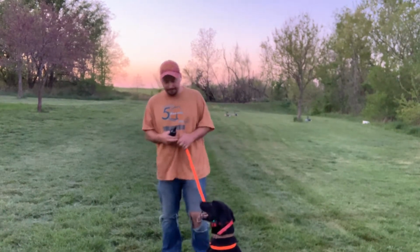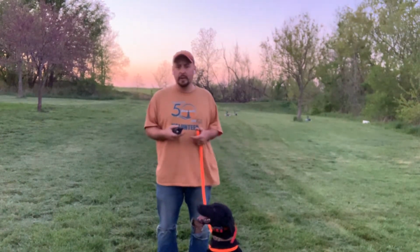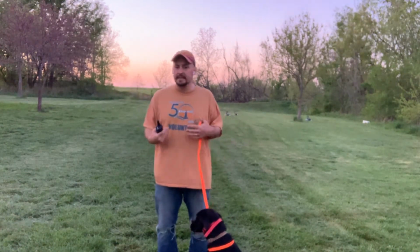So here's how this works. What I'm going to do is, she's really only had it on once or twice, so I was pretty pleased how quickly she got into the mode there. I'm going to do the same on-lead obedience things we've been doing